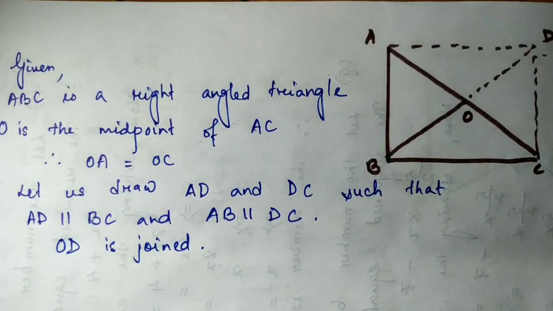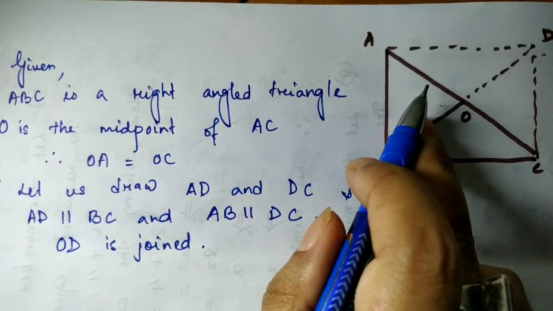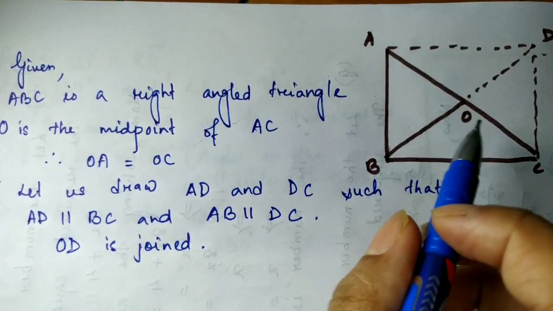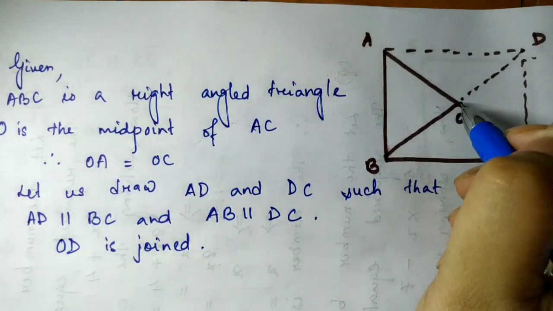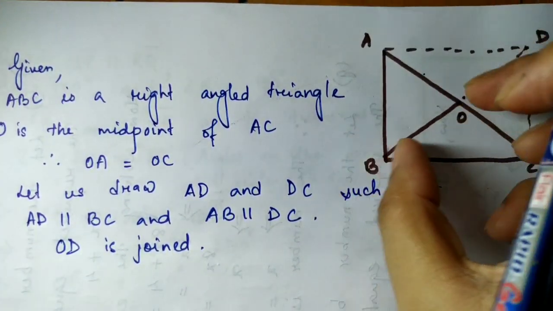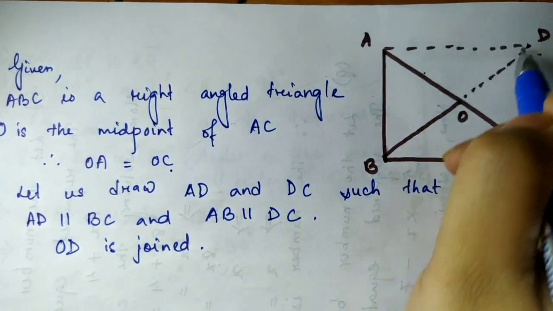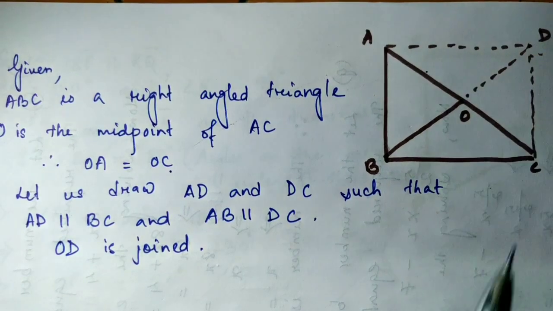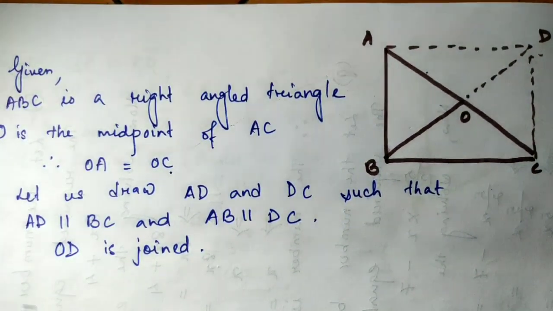Now in a rectangle we know that opposite sides are equal and parallel to each other and all the angles are 90 degree, right? And also there is a property that the diagonals of a rectangle are equal and they bisect each other. So if this particular thing was equal as given here, obviously this diagonal is also equal, so the other two diagonals will become equal. So let's write down this.